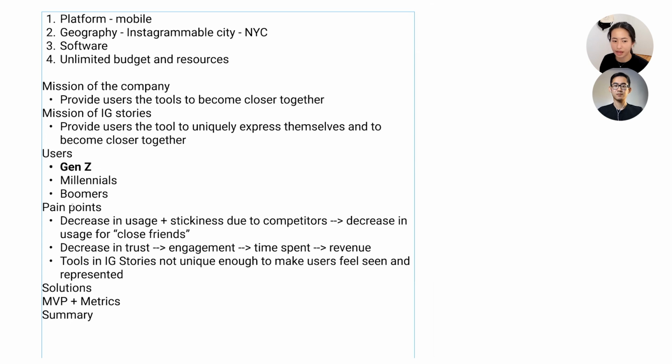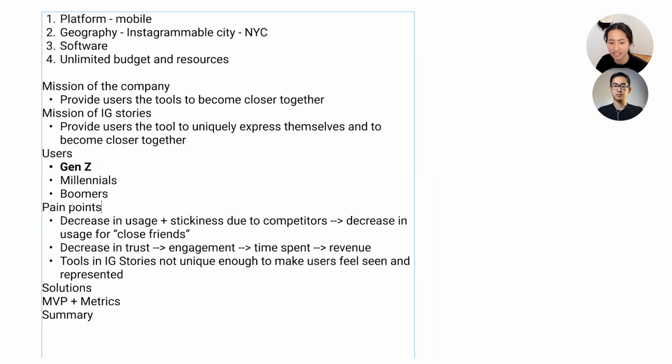Yeah, sounds good. So Kevin, now that I've taken a step back and thought about the pain points I've listed, we really focused a lot on the business problems. I think now it's important to actually focus on Gen Z, and three things stood out to me. There was a decrease in usage and stickiness due to competing products like TikTok. We've seen aggressive growth over the pandemic, and as a result, there could be a decrease in close friends usage and stickiness. There could also be a decrease in trust for Meta. And as a result, it's a cascade of events.